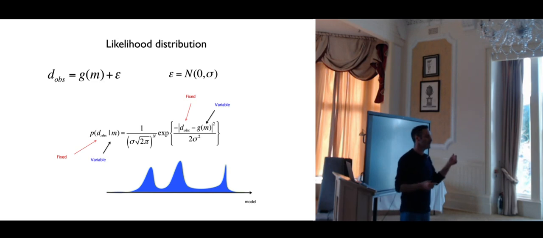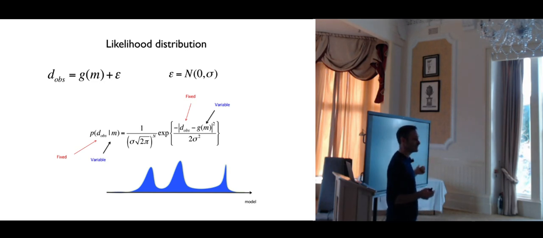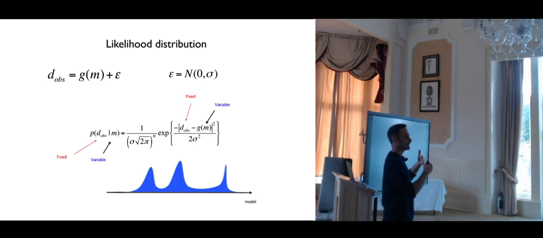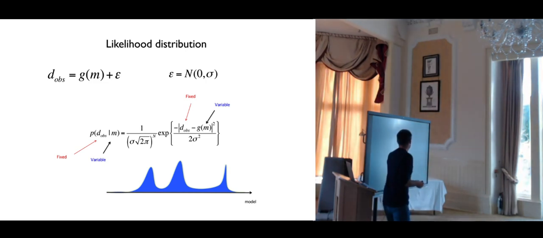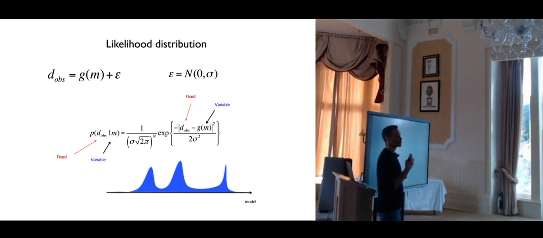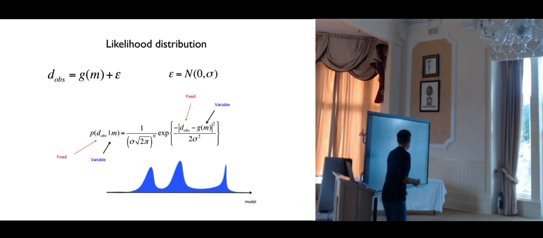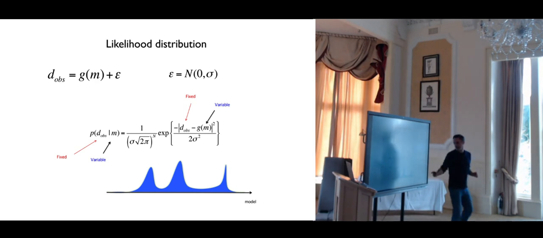But the Earth is not a random process. There is only one temperature field in the Earth. There is only one seismic velocity field on the Earth. It's not a random variable that has different realizations. We use here P as a convenient way to describe our level of knowledge about a parameter that we cannot quantify properly. So here we have this distribution, and it depends very much on sigma.